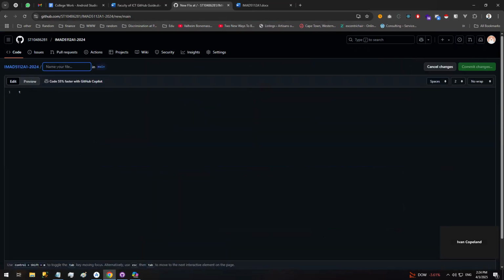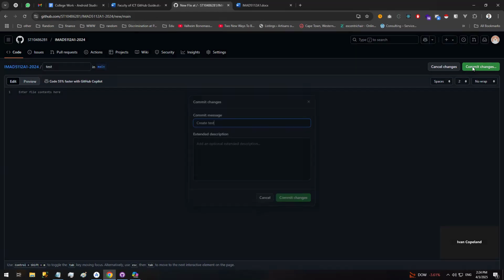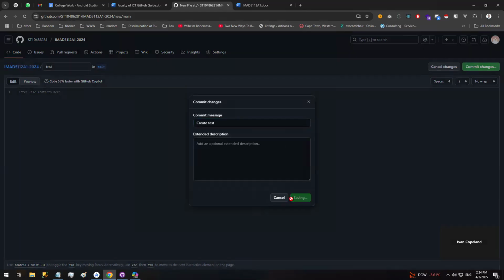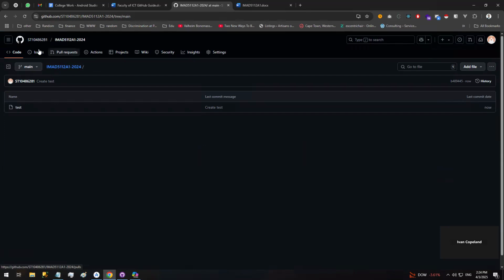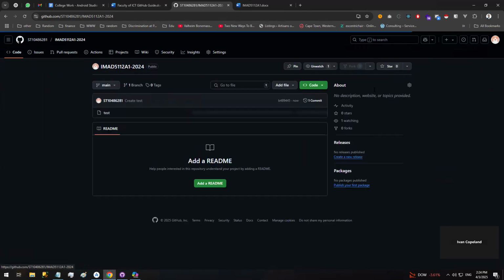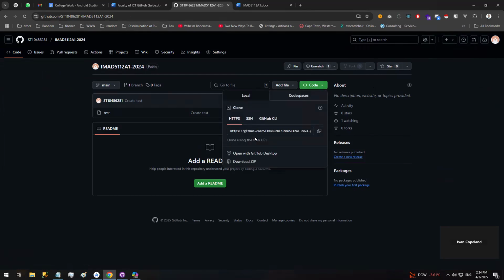It's just going to be test. It doesn't even have to have an extension. It doesn't even have to have content. Commit, commit. Now, if we go to code again, we can see there's a code thing here where I can clone it. So, okay. So now the next step is